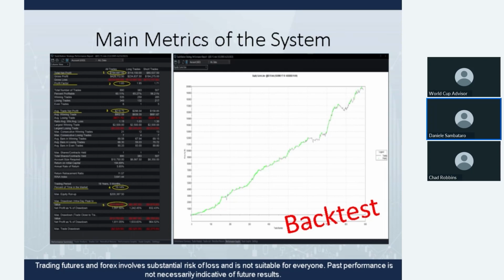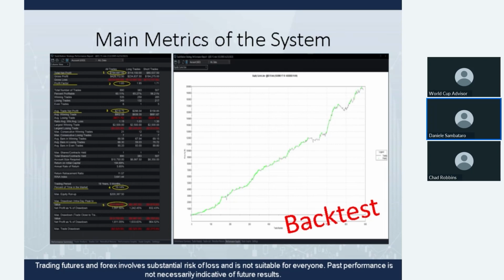Last, not last, I also look at the percent of time in the market, which is indicated in circle number 4. I prefer to have a low percentage like this, which is about 10%. I hope you can see it, because I want to stay in the market as little time as possible. In fact, the less time we stay in the market, the less will be the risk. This is just something intuitive.